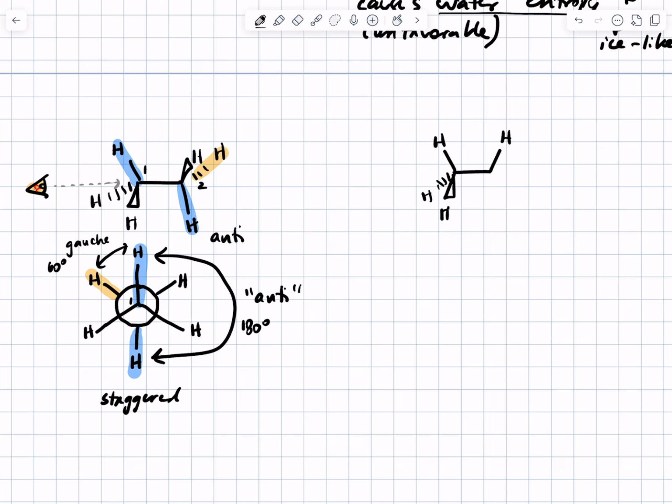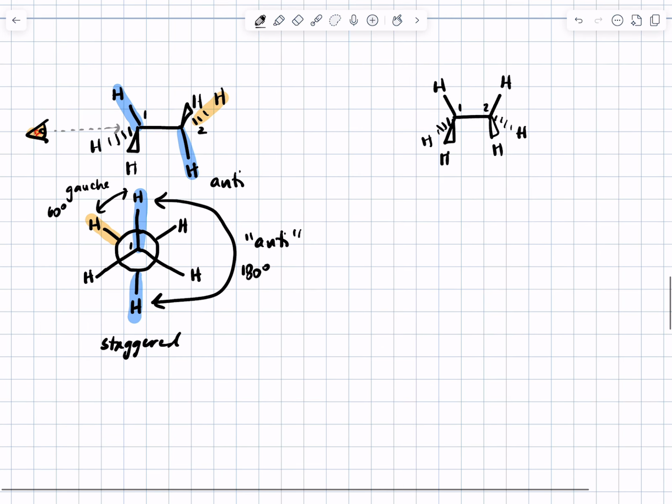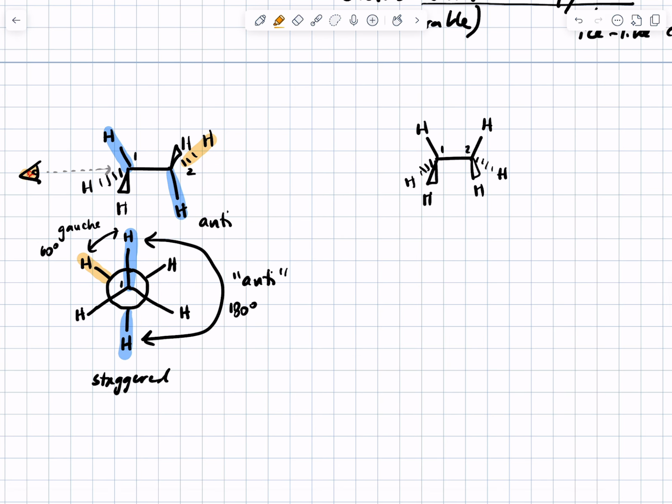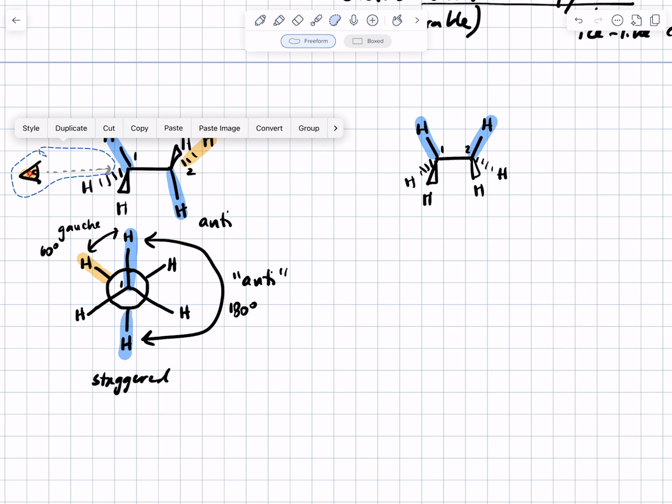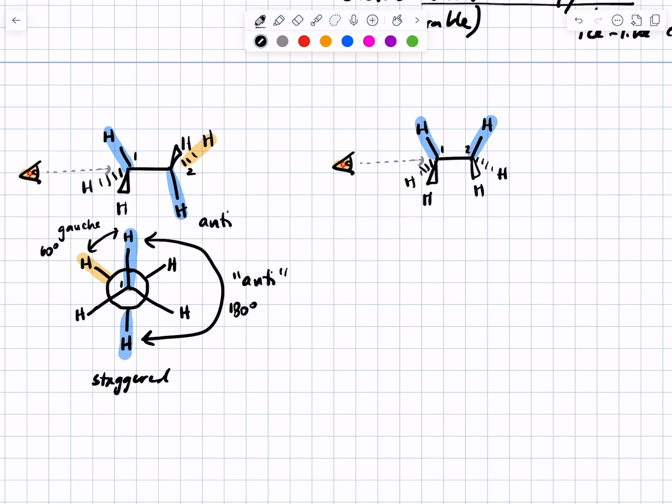On carbon 1 on the left, all of the CH bonds are perfectly lined up with the CH bonds on carbon 2 on the right. You will see that the blue hydrogens are eclipsed with each other. If we put our sith eyes in the plane of the page and look down that bond again, what we'll see again in the front is basically the same thing, but in the back, we will draw